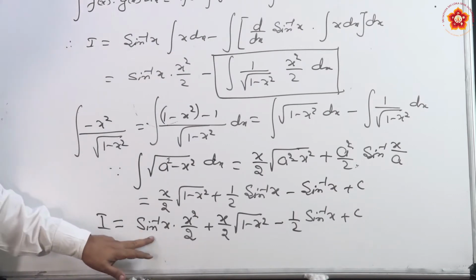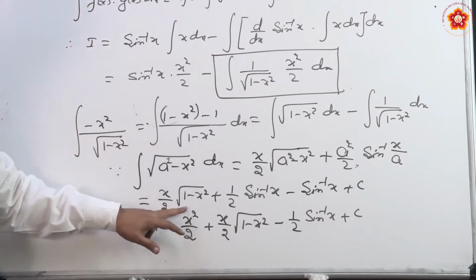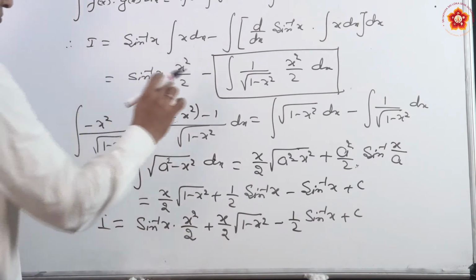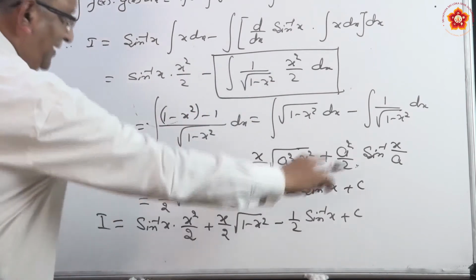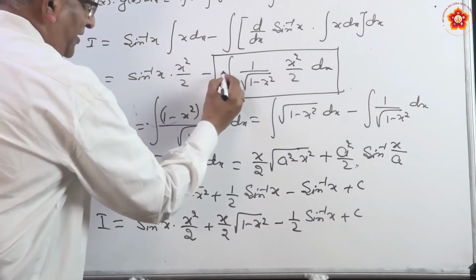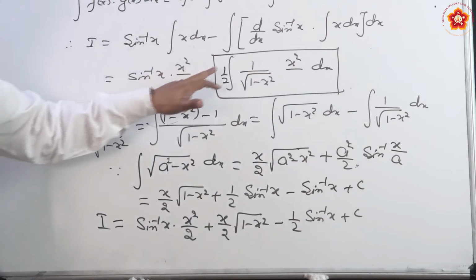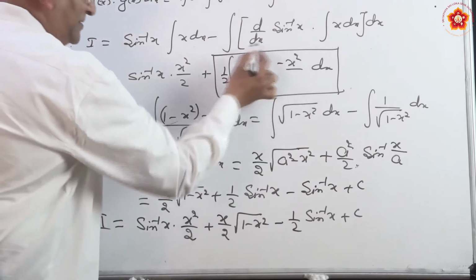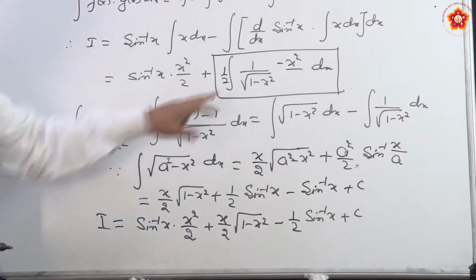This also is sin inverse x, that is also sin inverse x. Club both of them. It is x square by 2, and then remember 1 by 2 is there outside. That 1 by 2 is to be multiplied to all the terms. This 1 by 2, if you want, you can put it outside so that there is no confusion. We have only simplified. This also can be put as minus here. So whatever you got, you have to multiply with 1 by 2.